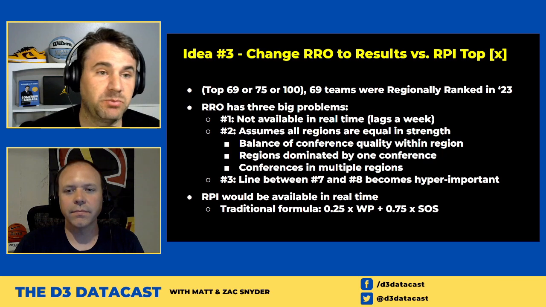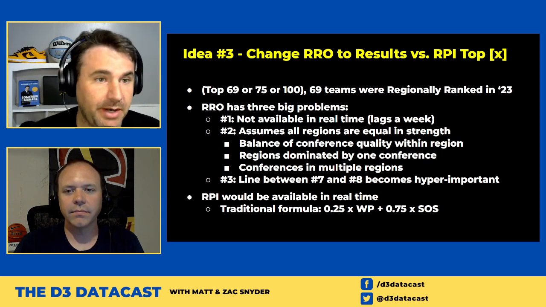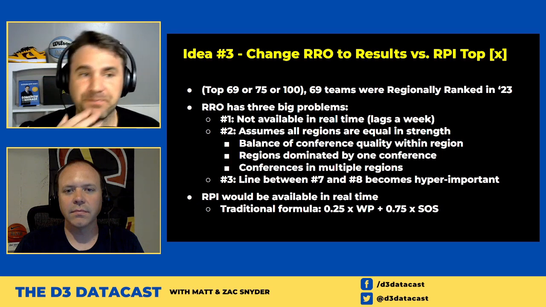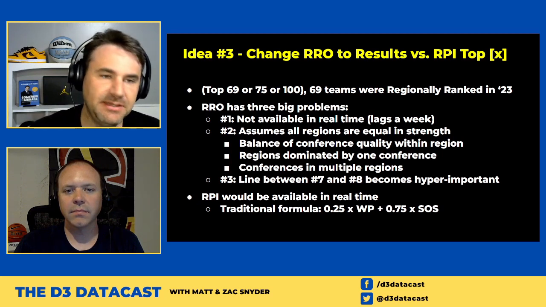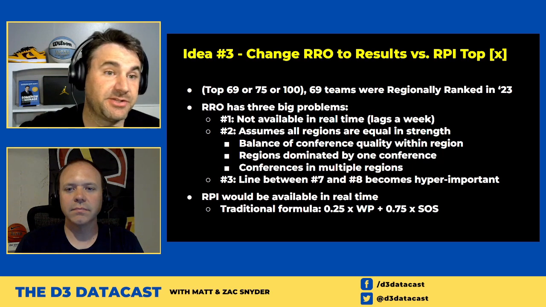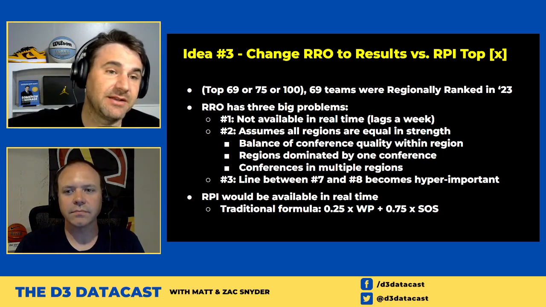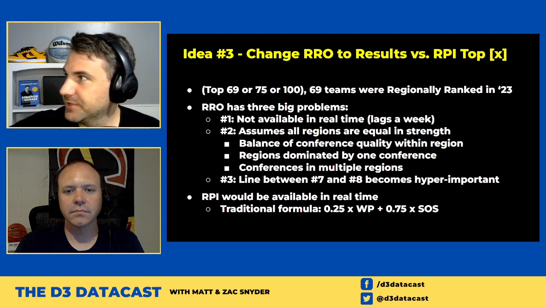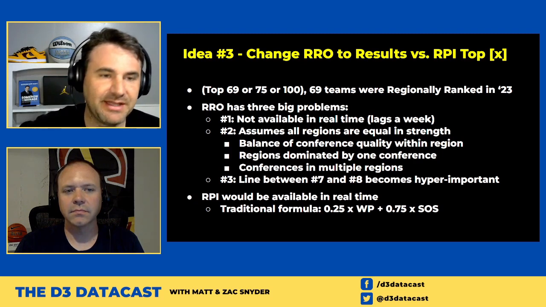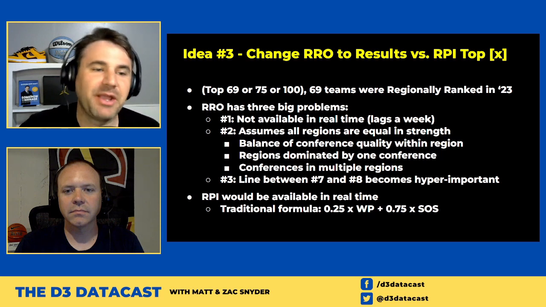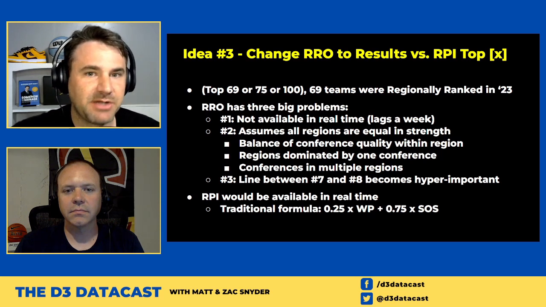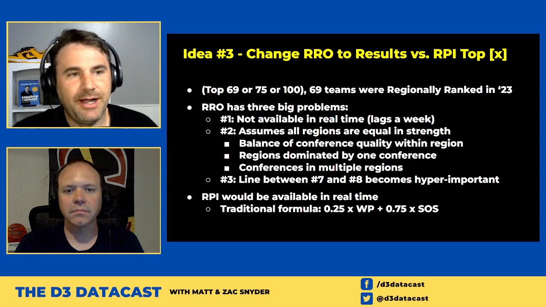And I think to some degree that's good enough, assuming your line is low enough that you're counting all of the good teams. If you did an RPI top 100, you've gotten essentially all of the teams that are or could be in position to get into the tournament and maybe win a game, right? It'd be a major upset if one of these teams outside really won a game, and I'm probably going to contradict myself because I think there's a team on my next list that maybe won a game, so we'll have to see that. But really, you're talking about the competitive teams are all going to be in that top 100 area.